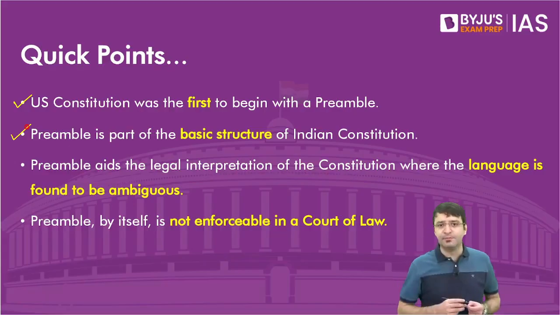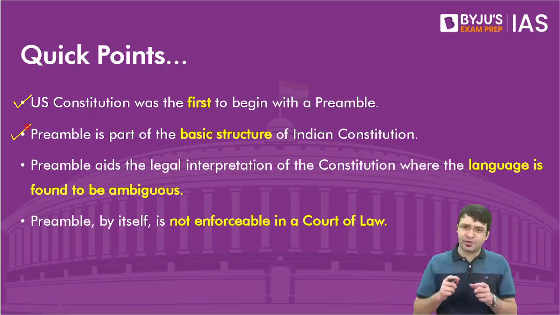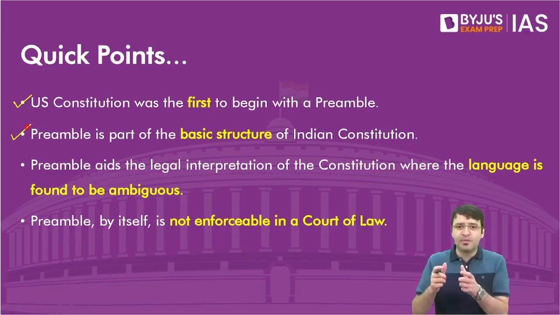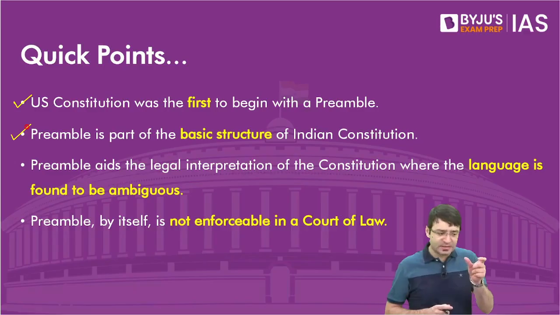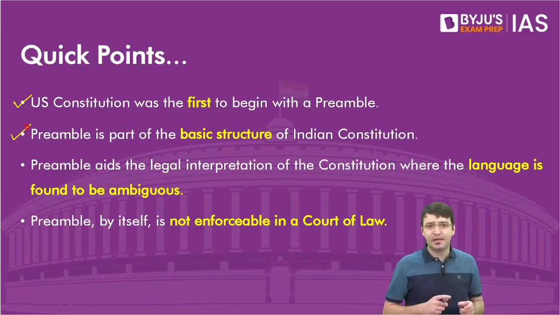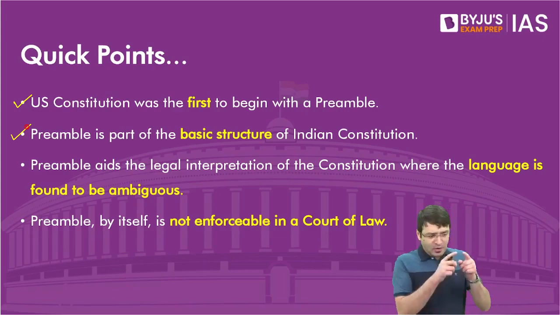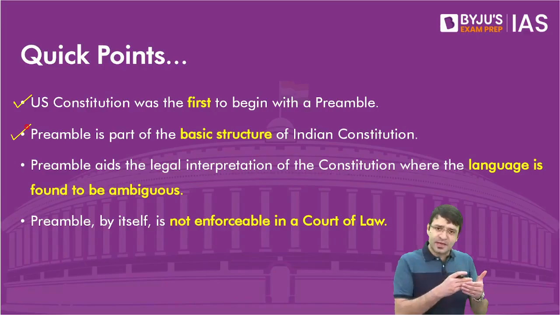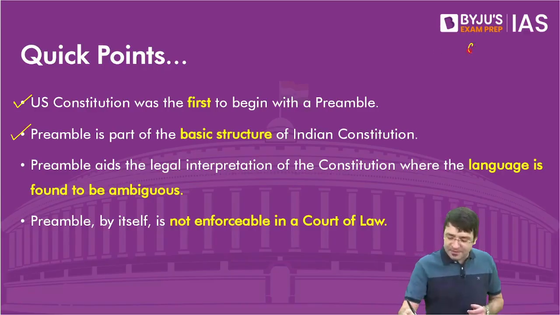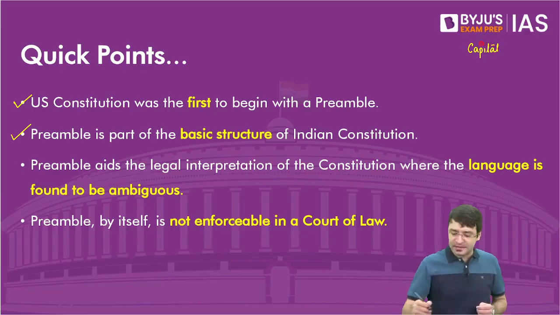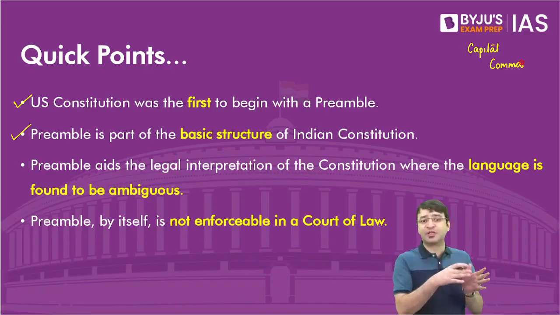Now listen to me carefully. When we look at the text of the Constitution, it says in preamble, "We the people of India, having solemnly resolved to constitute India into a sovereign, socialist, secular, democratic republic." And if you notice, all these important terms, democratic, socialist, secular, republic, sovereign, these are in capital letters. Have you noticed this? Not just in capital letters, there is no comma separating sovereign from socialist, socialist from secular,